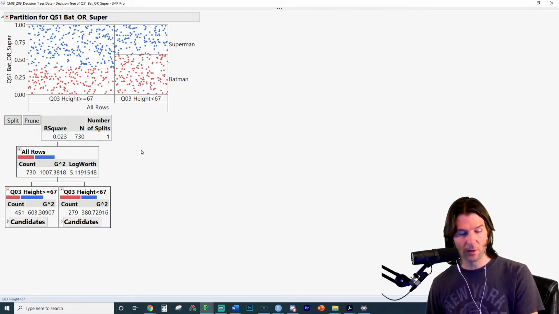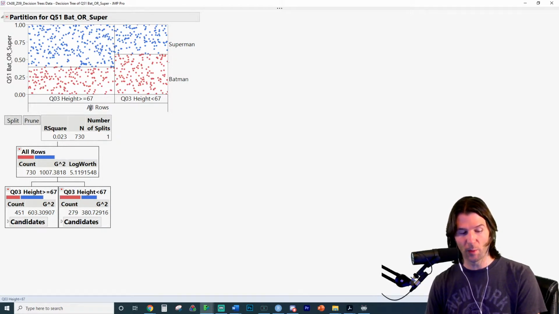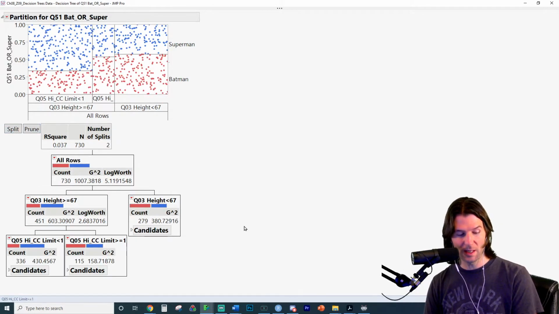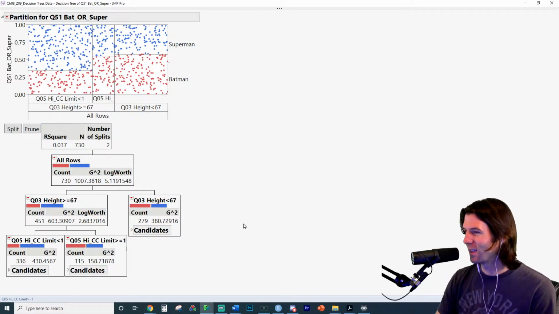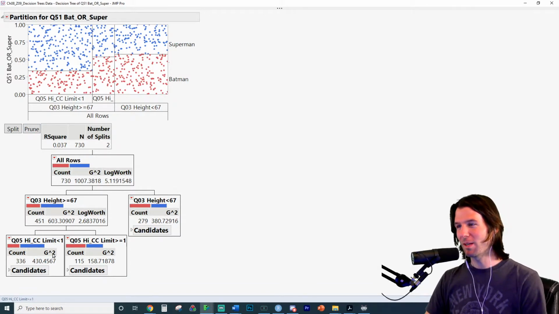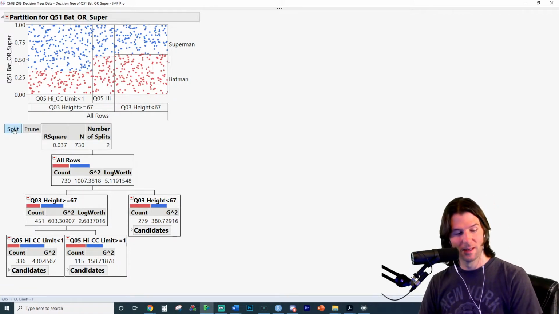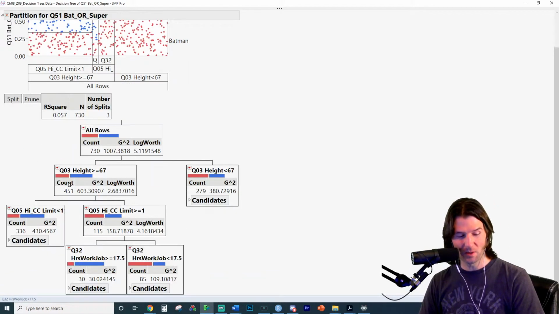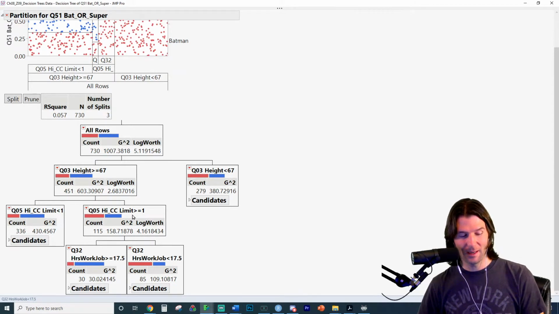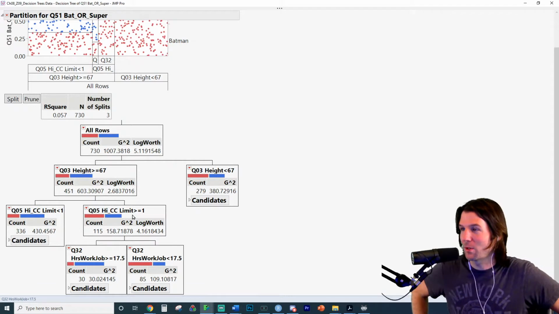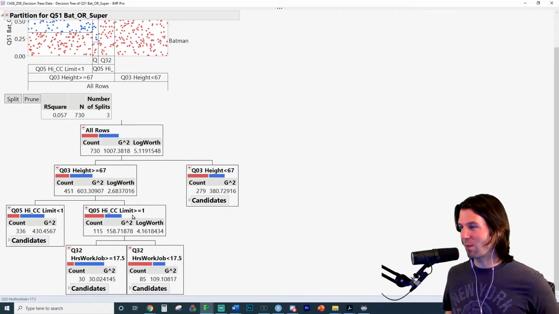But we have here that people who are greater than or equal to 67 inches are more likely to like Superman. So taller people are more likely to like Superman. Next, we get someone's credit card limit. People who don't have credit cards, because this is a credit card limit less than 1, so people would not have a credit card, are more likely to like Superman. Oh, we got a big Superman group here. And hours you work a week. So if you work a bunch of hours, so if you're a taller person who doesn't have a credit card,